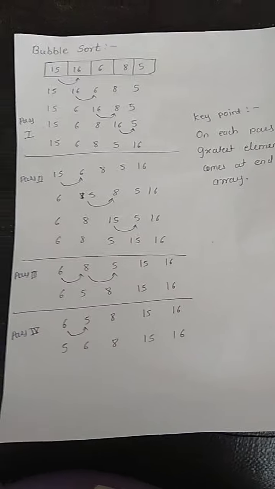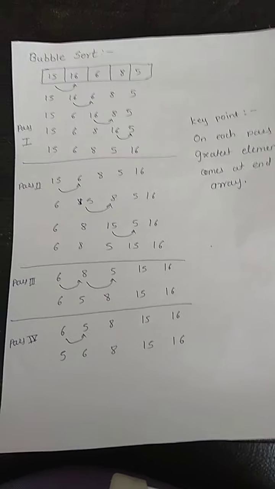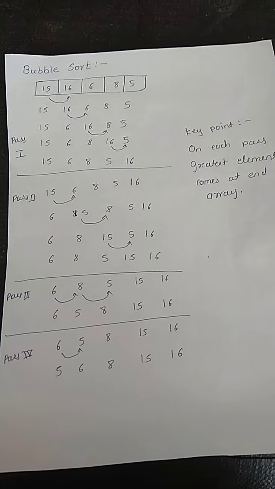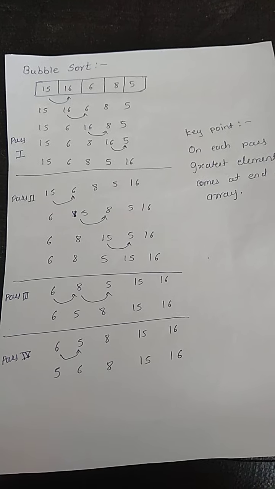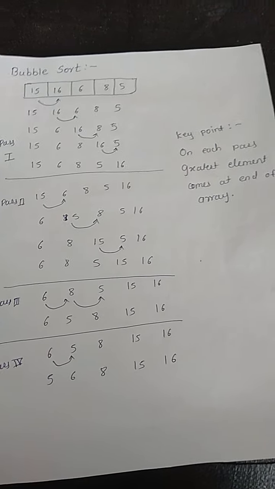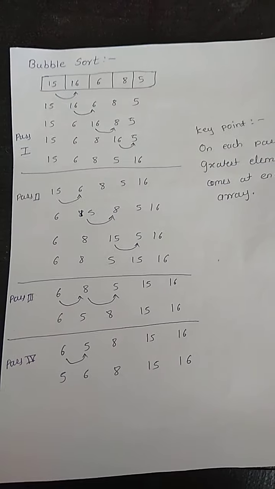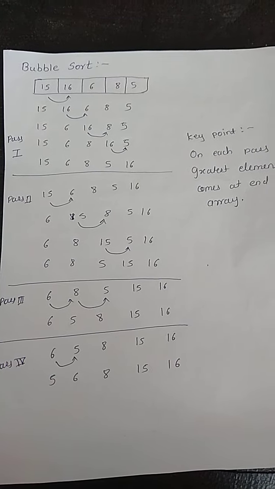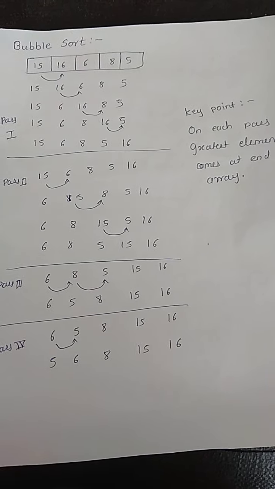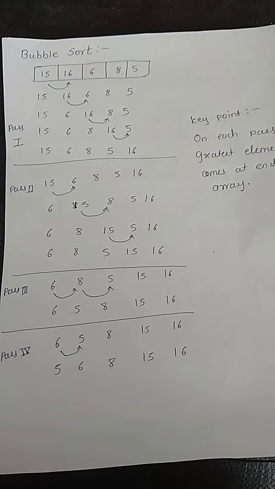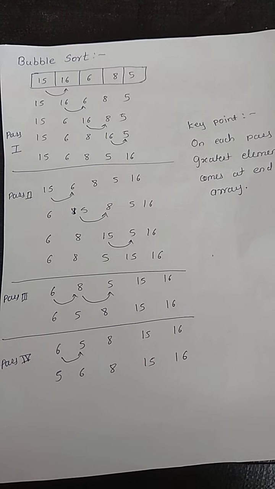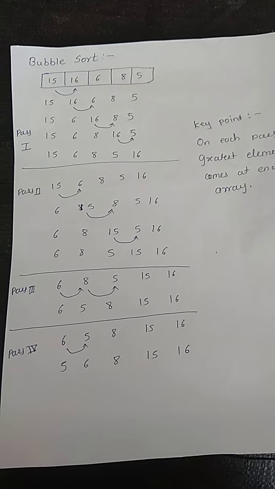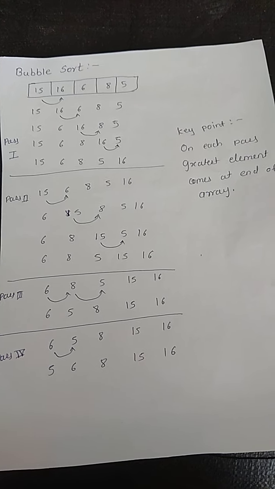Good morning everyone. The main concept which we have to see is the sorting techniques in data structure. There are five sorting techniques in data structure: bubble sort, insertion sort, selection sort, radix sort, and quick sort. These are the five main sorting techniques by which we can sort our elements in ascending and descending order. In this lecture, we will see how we are going to solve an example by using bubble sort.